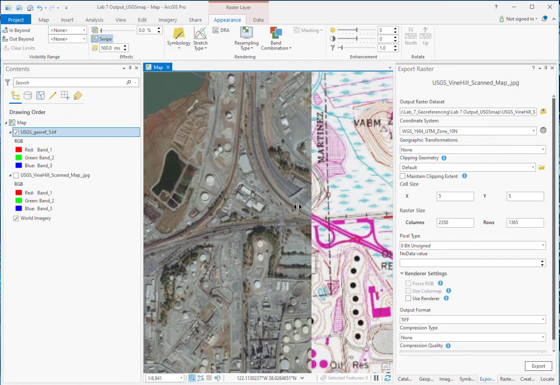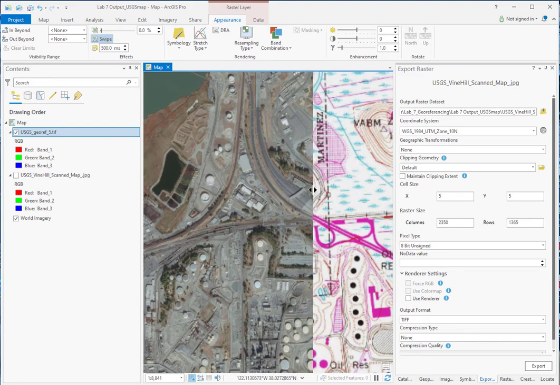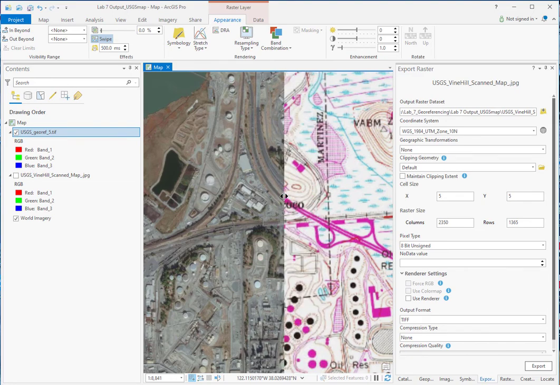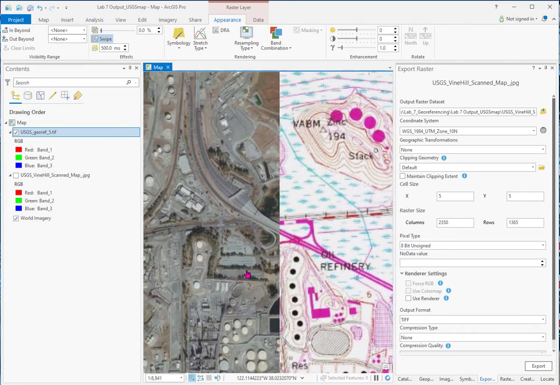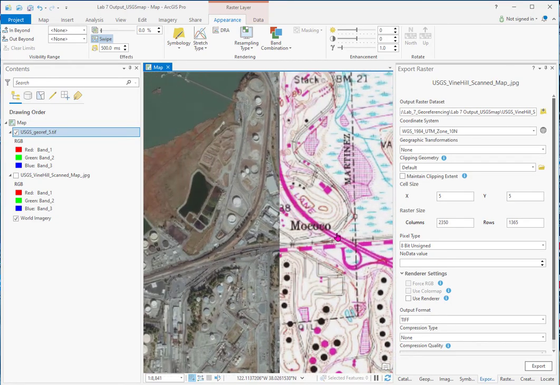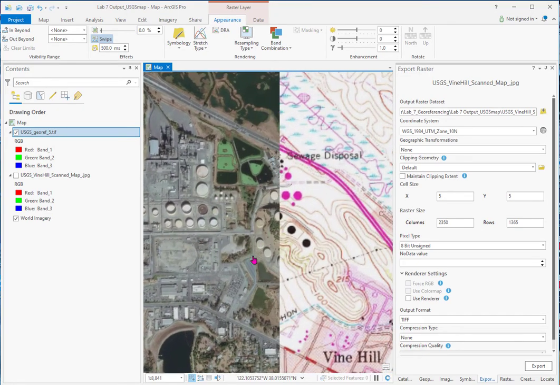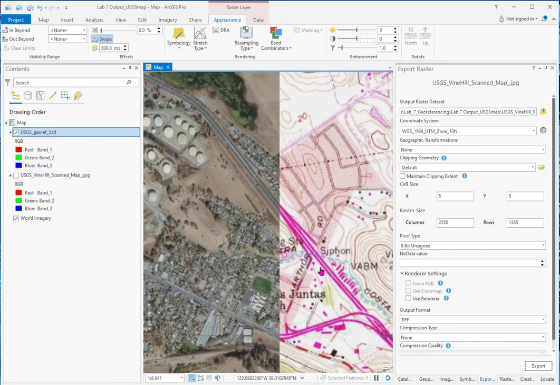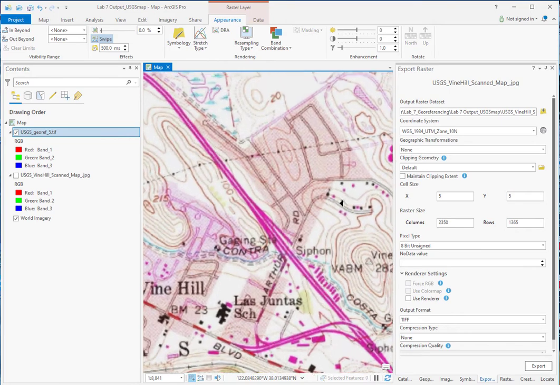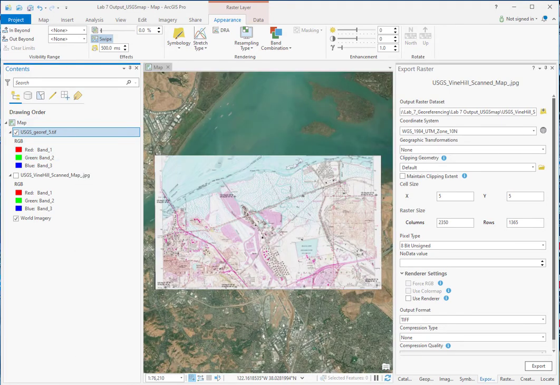You see the amount of information the aerial photo had. This is a toll booth right there. The toll booth was put in after the map was updated, but you can see all the tanks that have been added. But as usual, the aerial imagery gives you the most up-to-date information. We'll zoom out. Save the project,